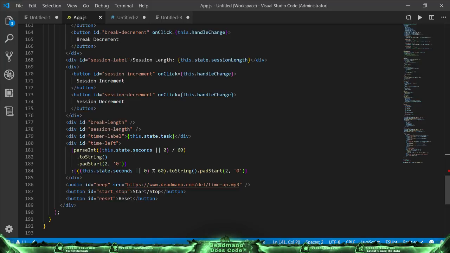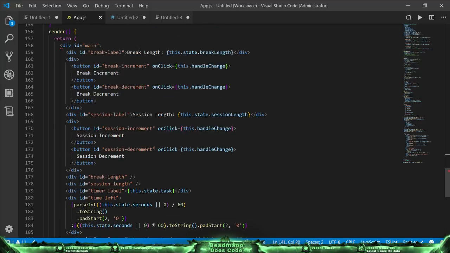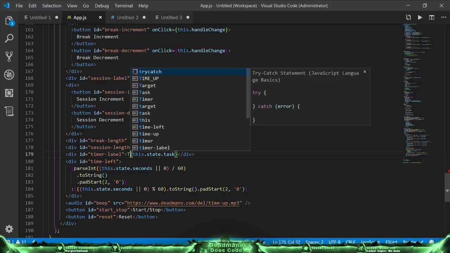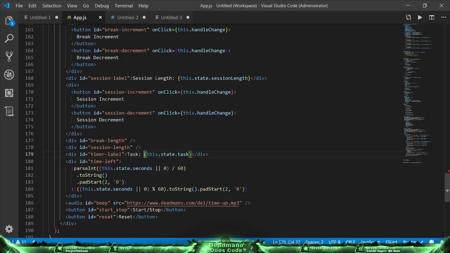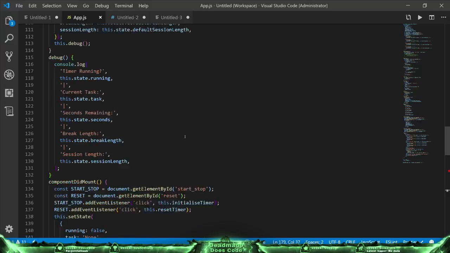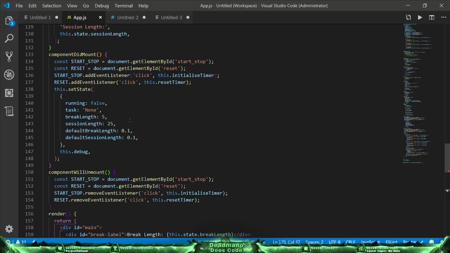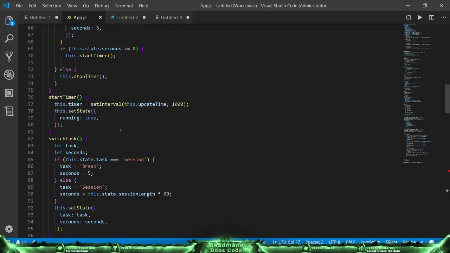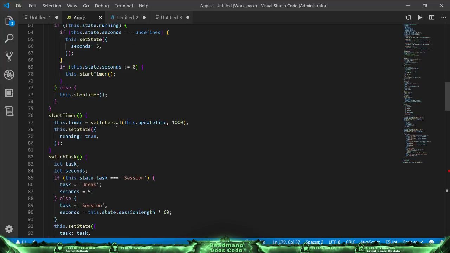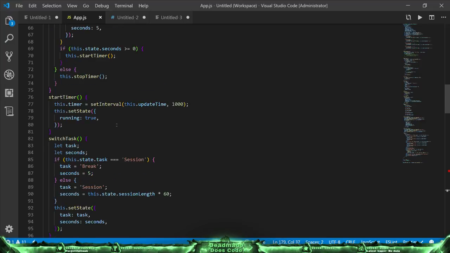So we're going to do a little bit of improvisation. Where do I have this? Task. Where's task? Oh, there's task. So I'm going to specify task, and then this.state.task. So it should be none when you start it. And then when we start a timer,